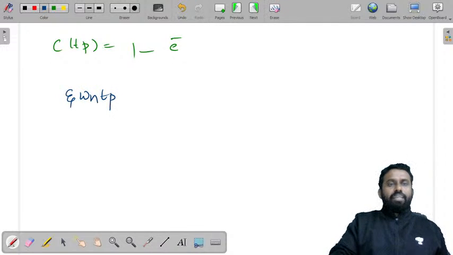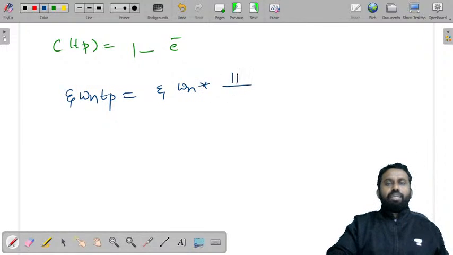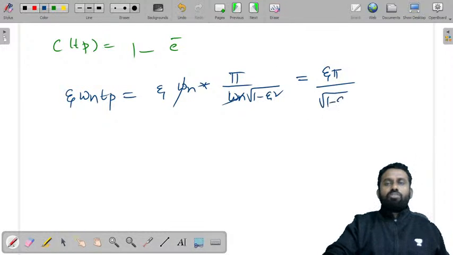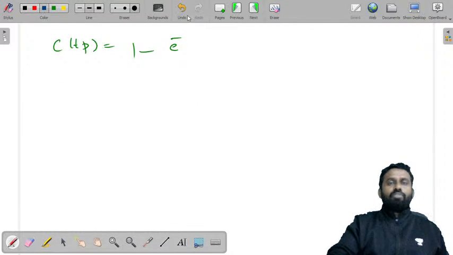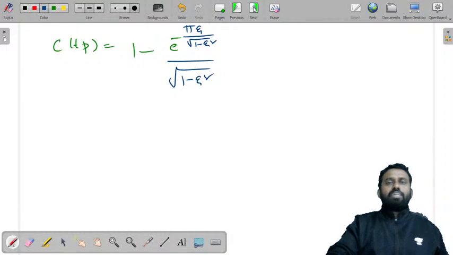Zeta omega n Tp. What is Tp? 1 pi by omega d. What is omega d? Omega n into under root of 1 minus zeta square. Can I cancel this? So this is pi zeta by under root of 1 minus zeta square. So I'll just write this value as e power minus pi zeta by under root of 1 minus zeta square by under root of 1 minus zeta square into